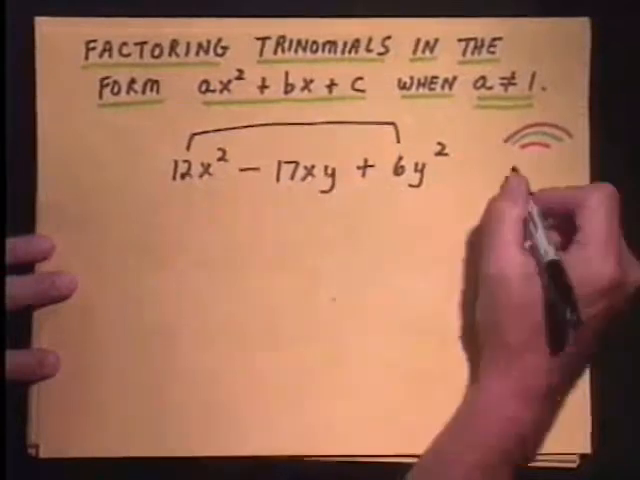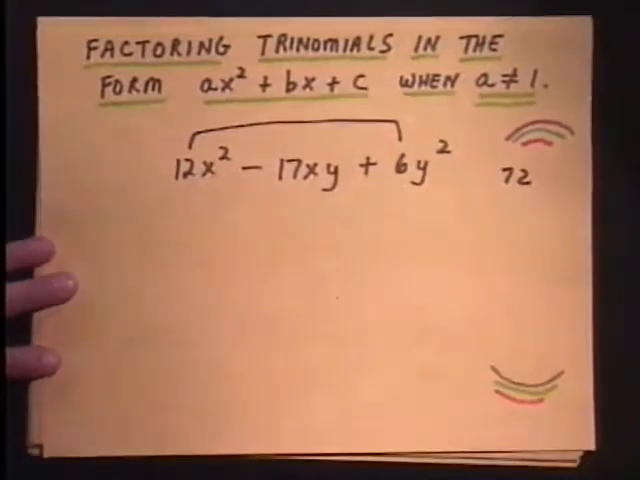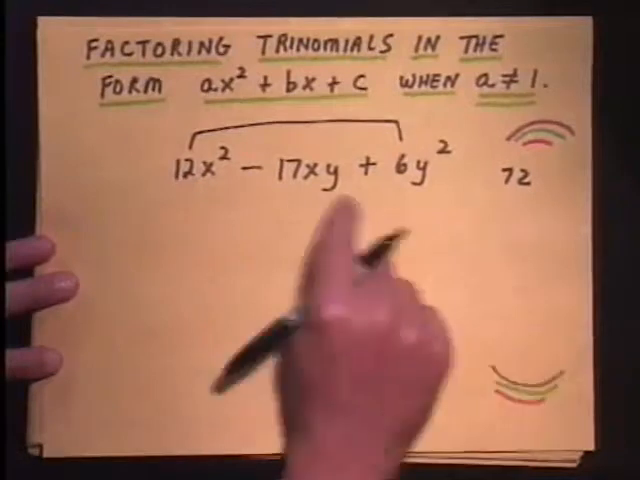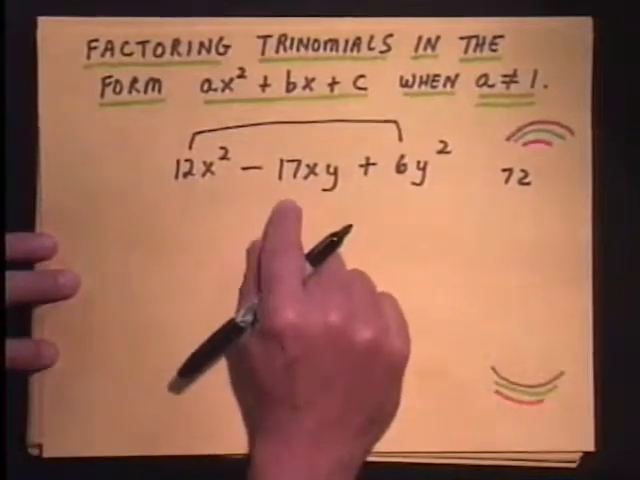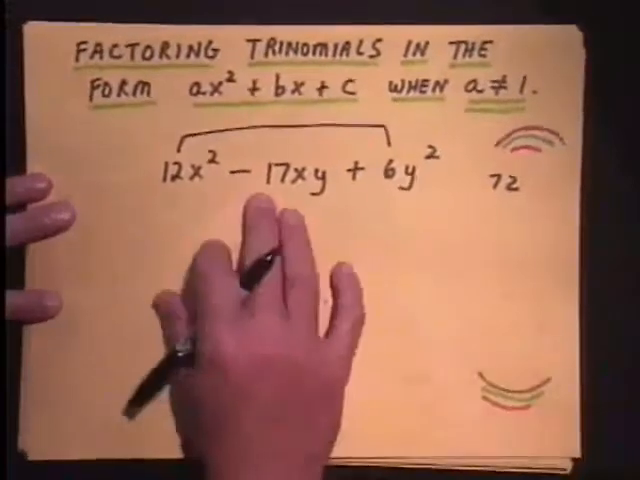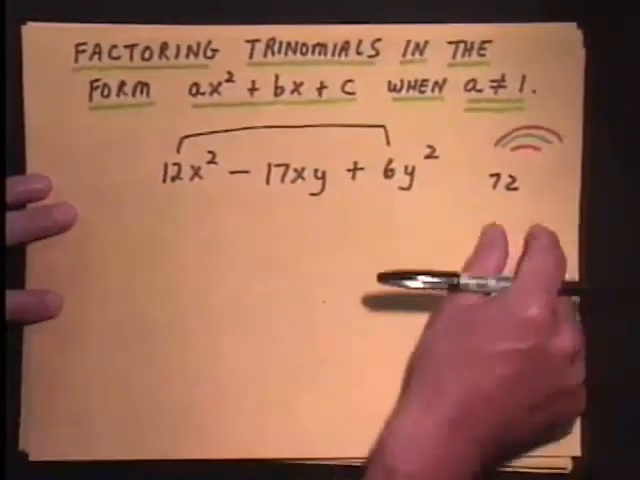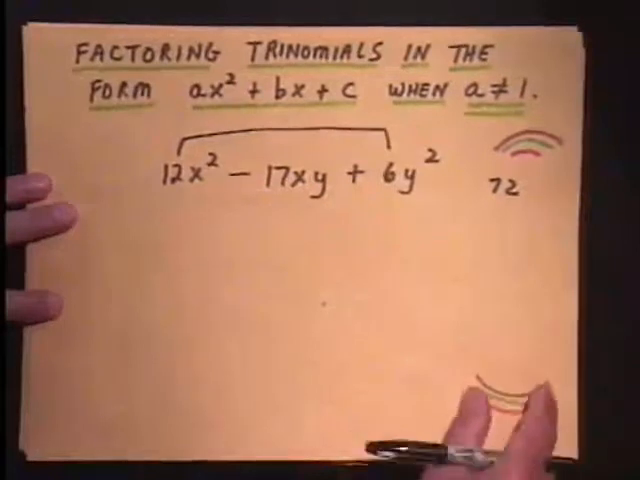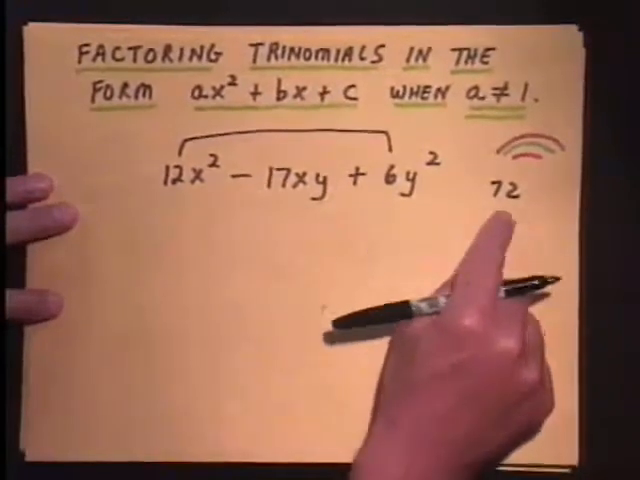12 times 6 is 72. All right, factors of 72 that will give me 17. Now, it really feels good when you start doing enough of these at home and you're practicing, and you start going, man, I love this. Some of you start seeing the numbers before you even have to list them all out. I bet some of you out there already got